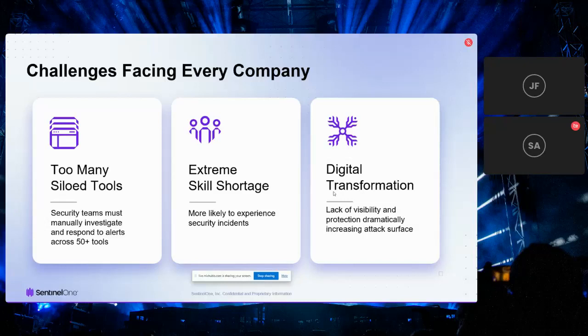And by doing that, it's now also putting all of those alerts on a backlog. So there's this extreme skill shortage, and we always hear this all the time. And with this whole digital transformation, where people are now working in remote offices and this hybrid working, with multiple tools coming in and working in the cloud, all of this has created and increased the attack surface. So now we've got all of these tools, the extreme skill shortage, and your attack surface expanding, making it so much harder